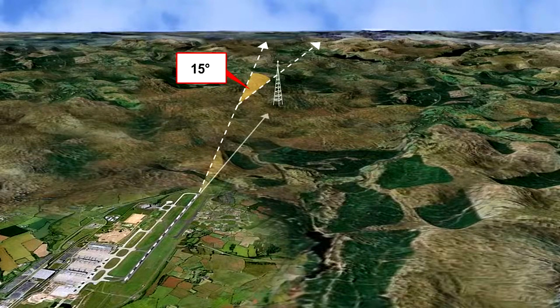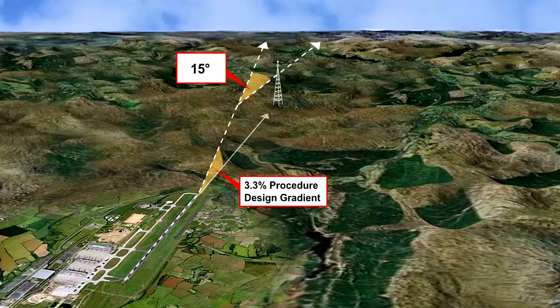Wherever possible, a straight departure will be specified which is aligned with the runway. If, to avoid an obstacle, a turn of more than 15 degrees is required, a turning departure is constructed. Departure procedures will be established for each runway to be used and will define the procedures to be used for each category of aeroplane based upon an all-engines running procedure design gradient, PDG, of 3.3% to achieve minimum obstacle clearance.